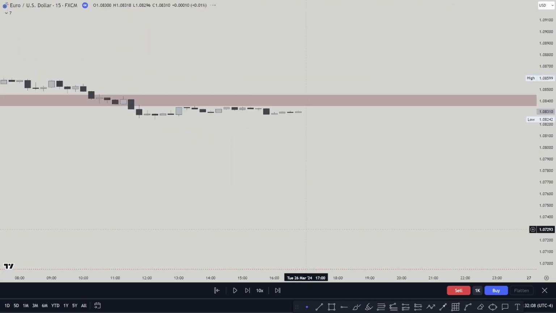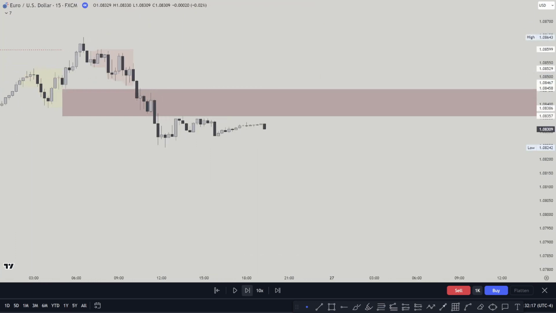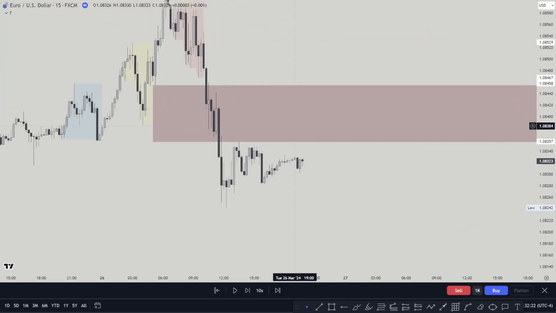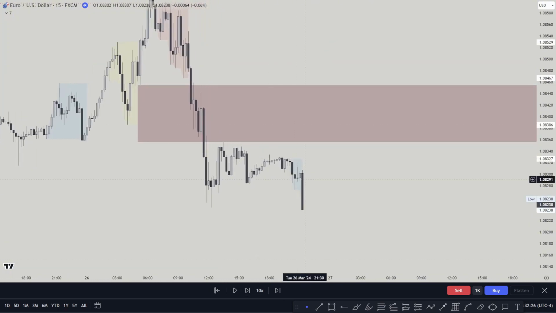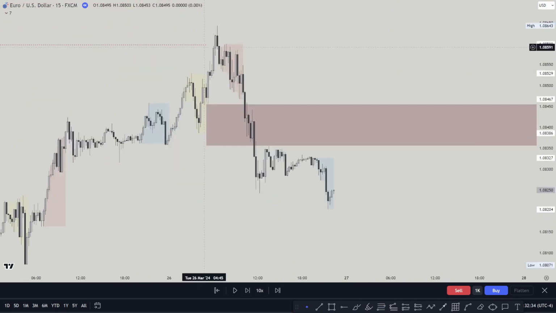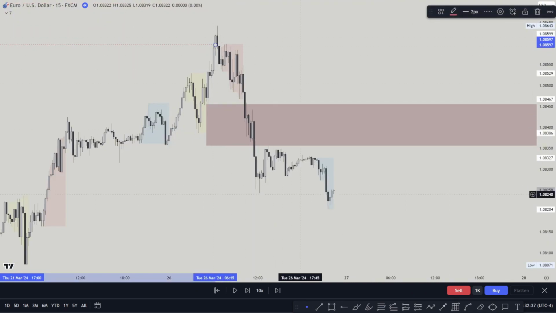Now going to 15 minutes, I was waiting for the next day to start because that's where I'm gonna be looking for my trades, right? I always look for trades on London and New York. So let's see what happened. Price was, this is the Asian session, it started going lower. So it gives me more confidence that now, after the smart money reversal, we could be going into premium or at least 50% of the range, which is at this fair value gap. And then we could go lower from there.